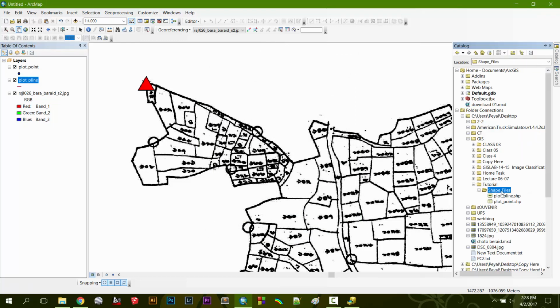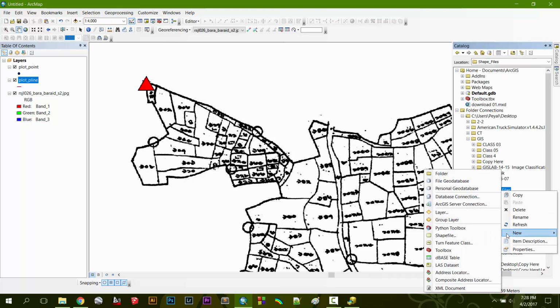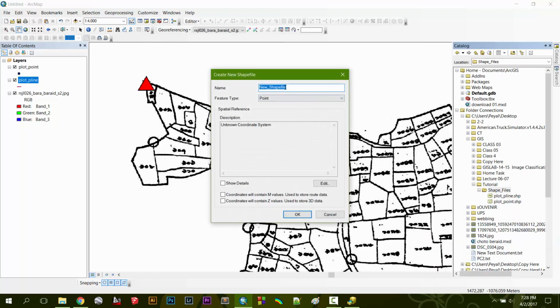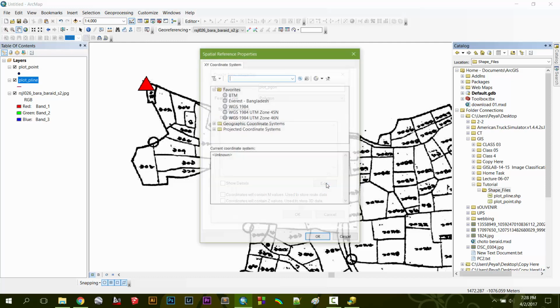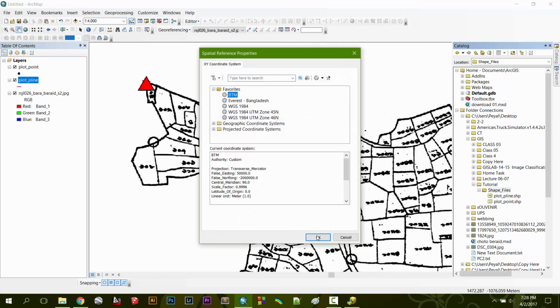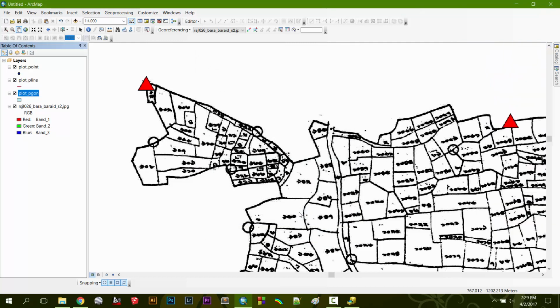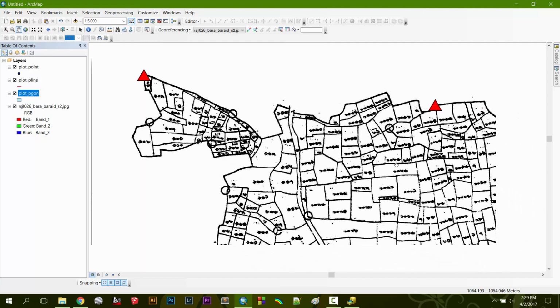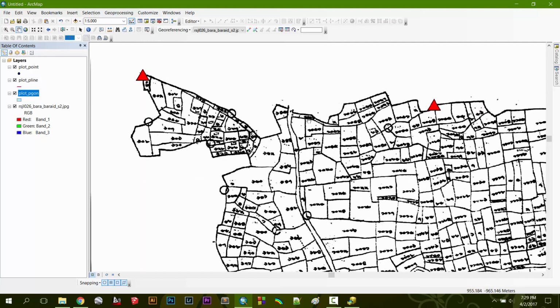Now I need my third file, which is also a shapefile, and it is plot underscore polygon, so make it short, pgon, and the type is polygon, and the coordinate system is BTM. Okay, now all 3 layers are ready, but as you can see, you don't have any tools now to